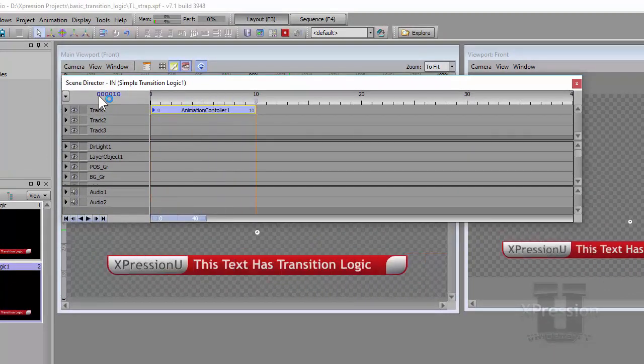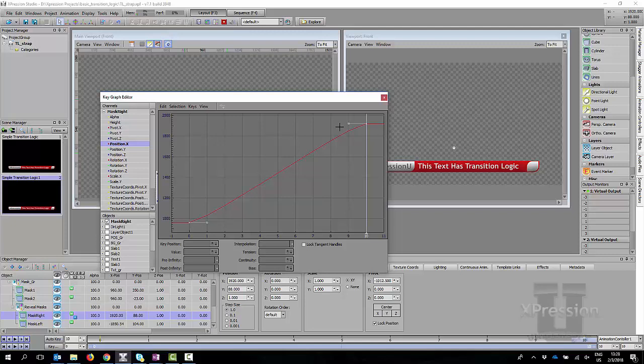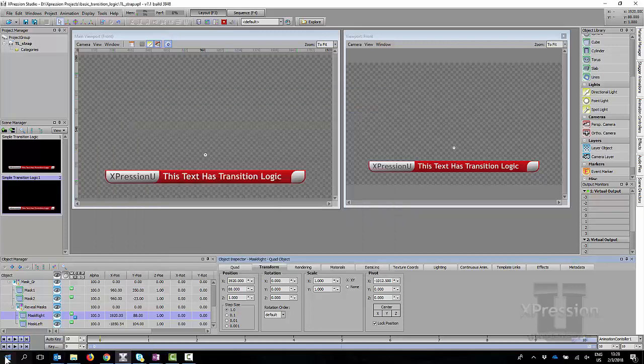And of course, if you want to put a bit of a curve on that, you can open up the key graph editor. You can go and find your animation there, and what we can do is we can put our own curve on that. So we've got a little bit of slow, fast, and then slow. So let's just have a look how that looks. Okay, so yeah, it's okay. Maybe it's a little bit fast.